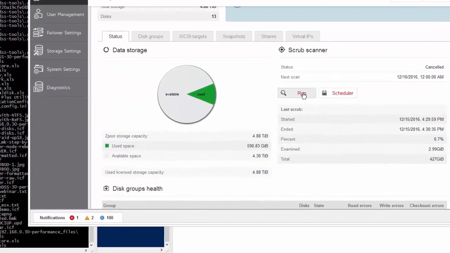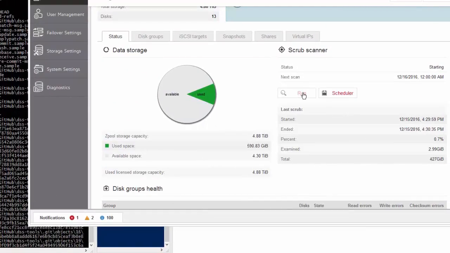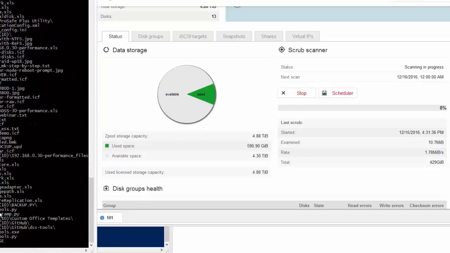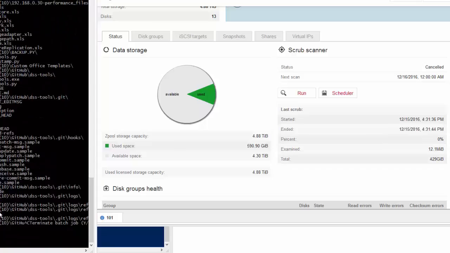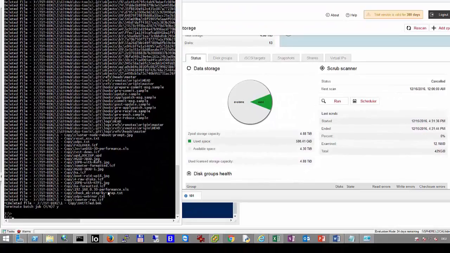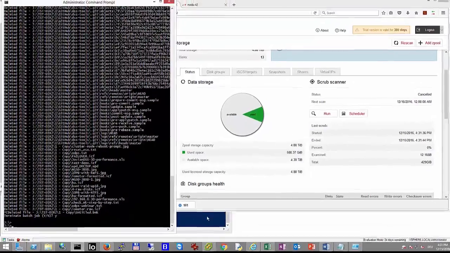So let us run the scrub. Oh, we have 429 already. So there is a difference. Okay, I can stop it. We prove that when we copy this new data without deduplication, the scrub shows more space. And of course this is expected, because we have duplicated data, right?